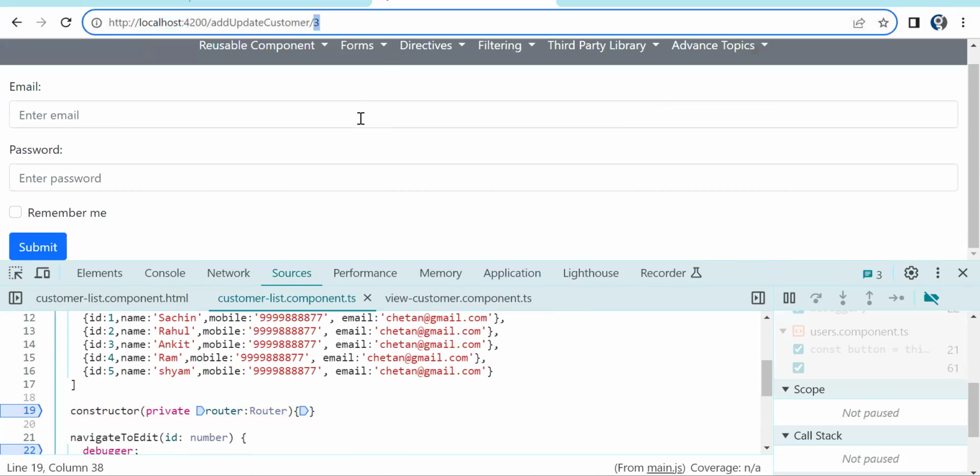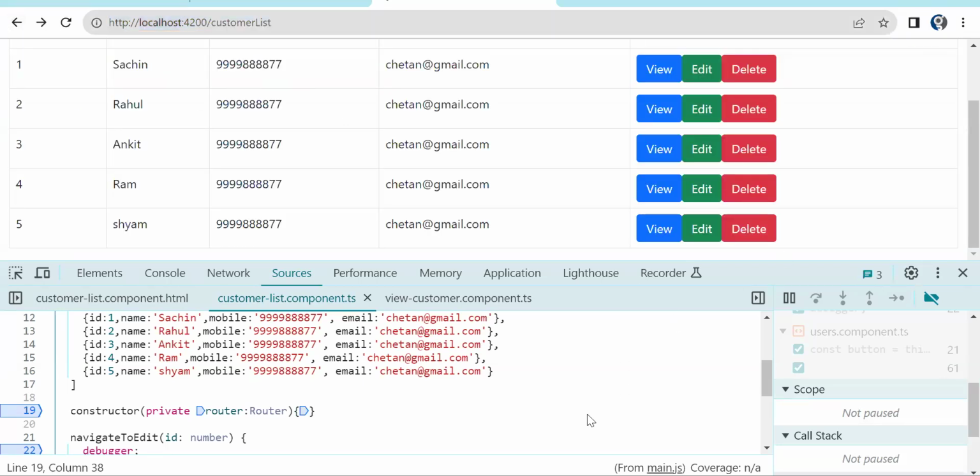Now in case of edit, what you have to do: you got the ID. First, you need to get the data with this ID and display it, and then you will have the update button, and then you update the record. So this is the first scenario we have discussed, creating a separate component